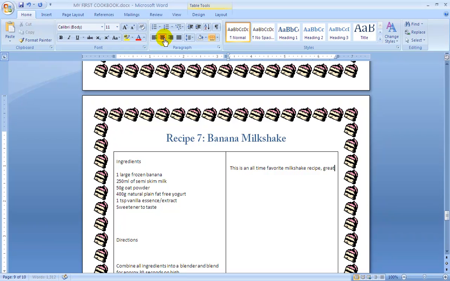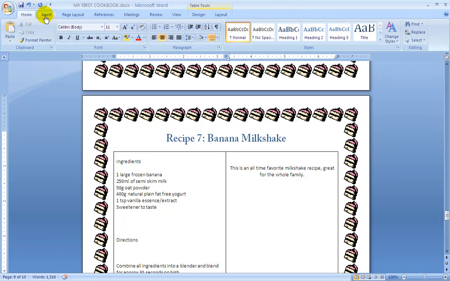Great for the whole family, for example. Okay, enter my cursor downwards, enter, enter, enter, and I'm going to insert, go up to menu, next to home,